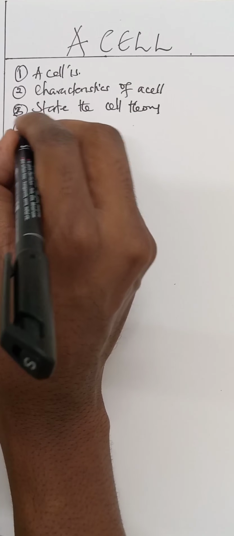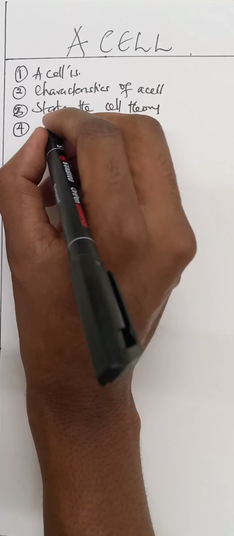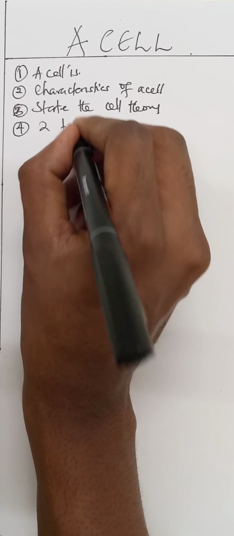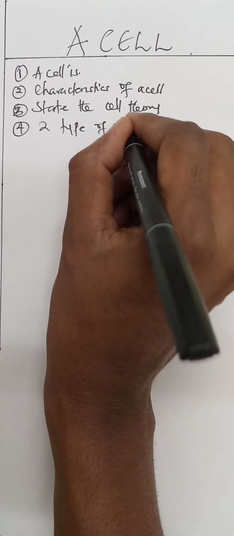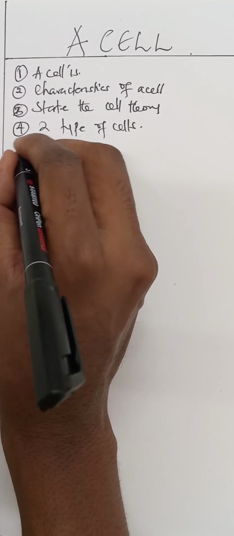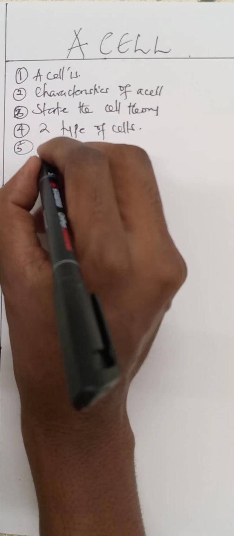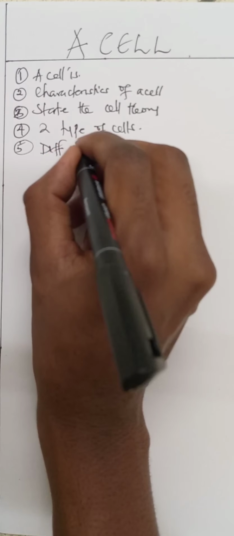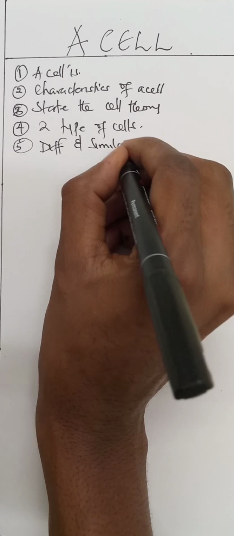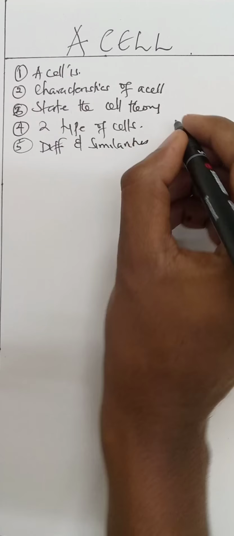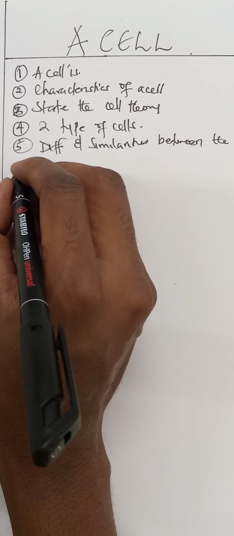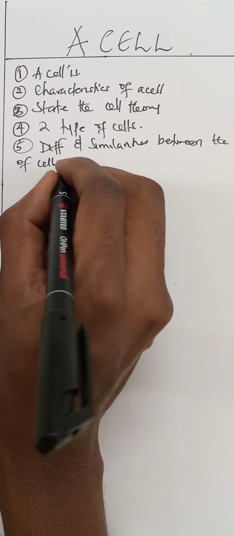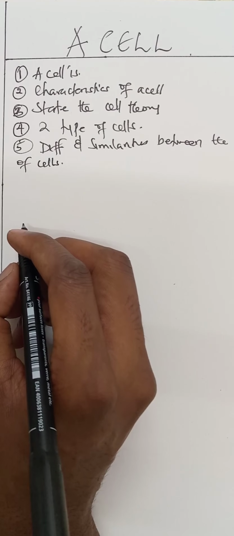Number 4, explain the two types of cells. And lastly, we should be able to give the differences and similarities between the two types of cells. So to begin with,